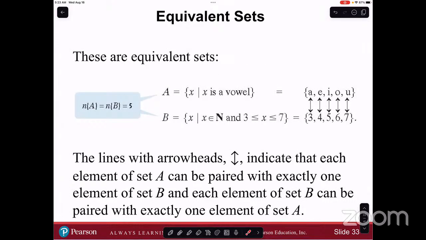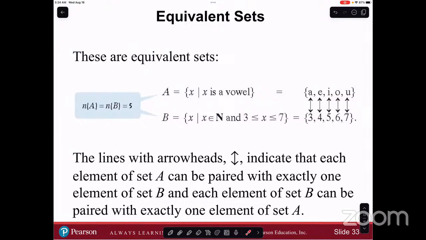A is the set of all x such that x is a vowel. B is the set of all x such that x is a natural number, and x is greater than or equal to 3 and less than or equal to 7, right? So the elements of set A are the vowels A, E, I, O, U. The elements of B are the natural numbers 3, 4, 5, 6, 7. Notice that both of these sets have 5 elements in them, so these sets are equivalent. They're not